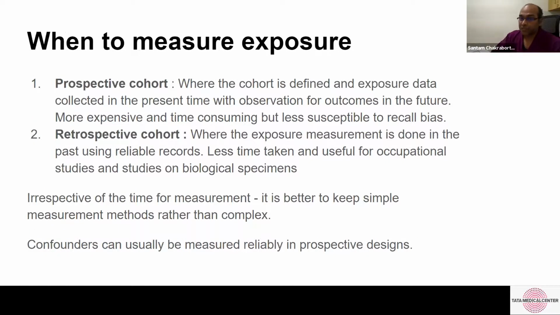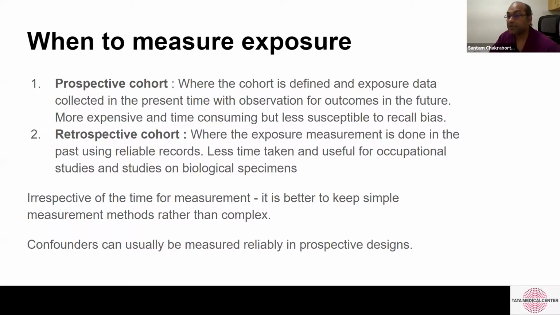Now, when to measure exposure? You have prospective cohort, where the cohort is defined and the exposure data is collected in the present time. We want to look at outcomes in the future. This is, of course, expensive and time consuming, but it is less susceptible to recall bias and allows you to establish a temporal relationship. A retrospective cohort relies on identification of a cohort where the exposure was done in the